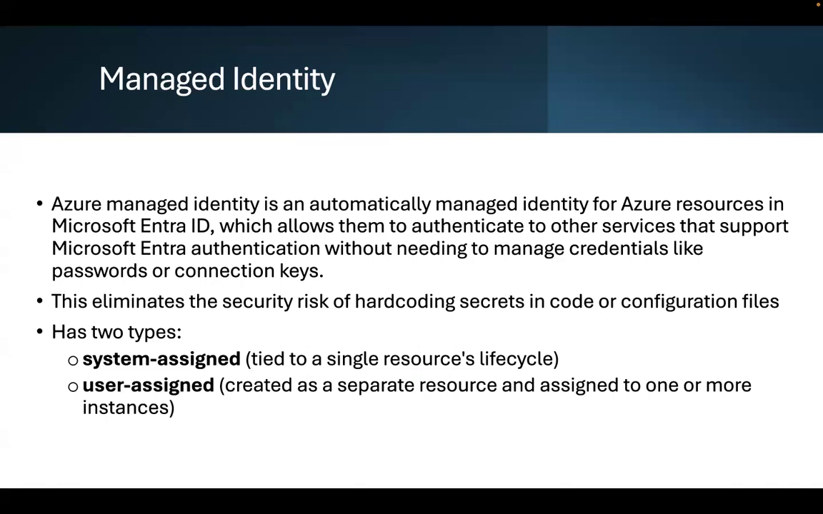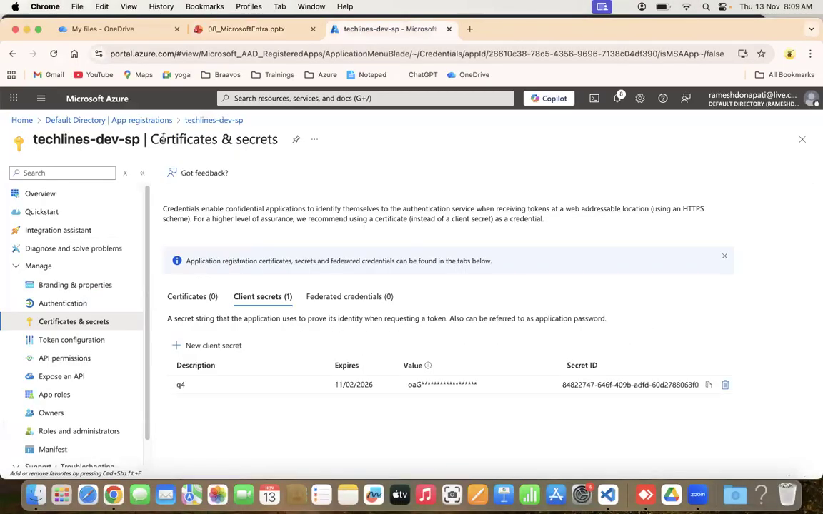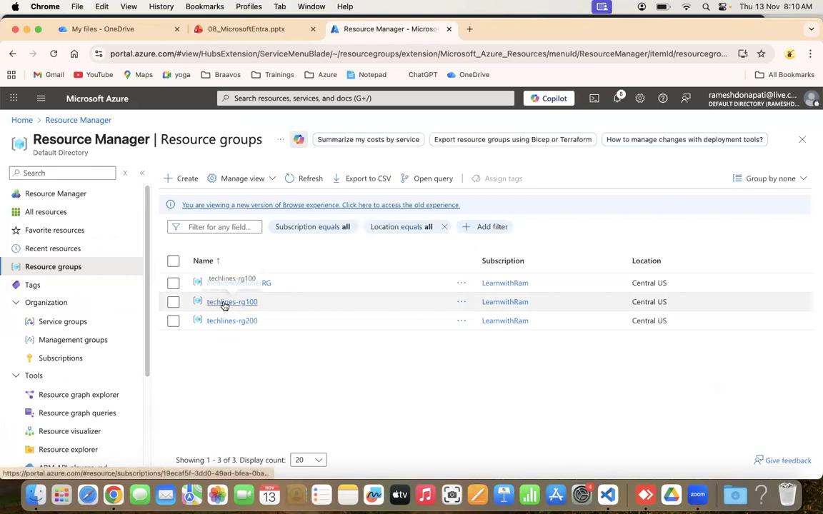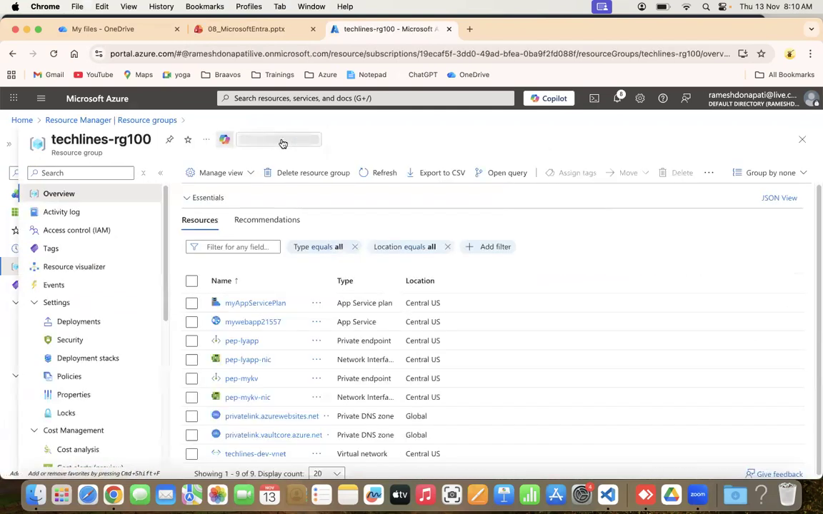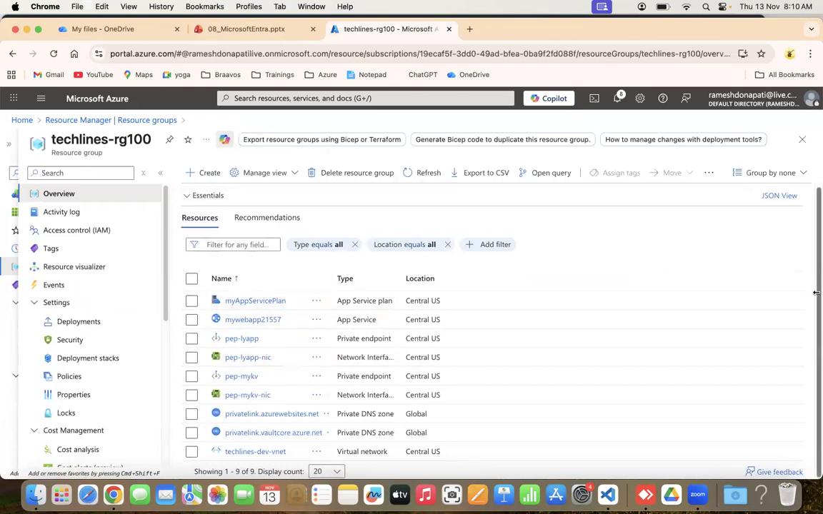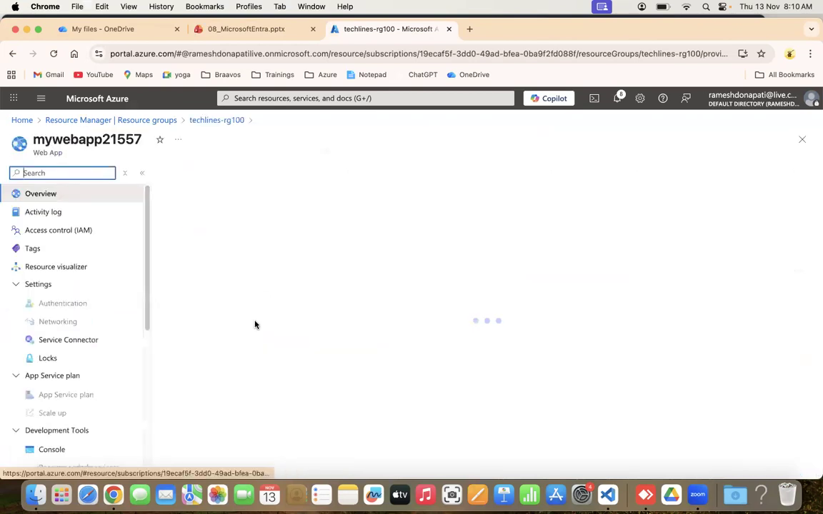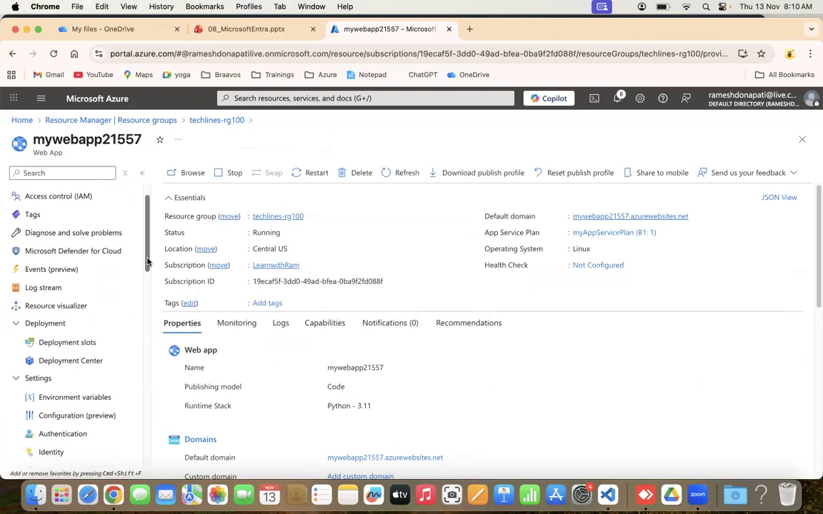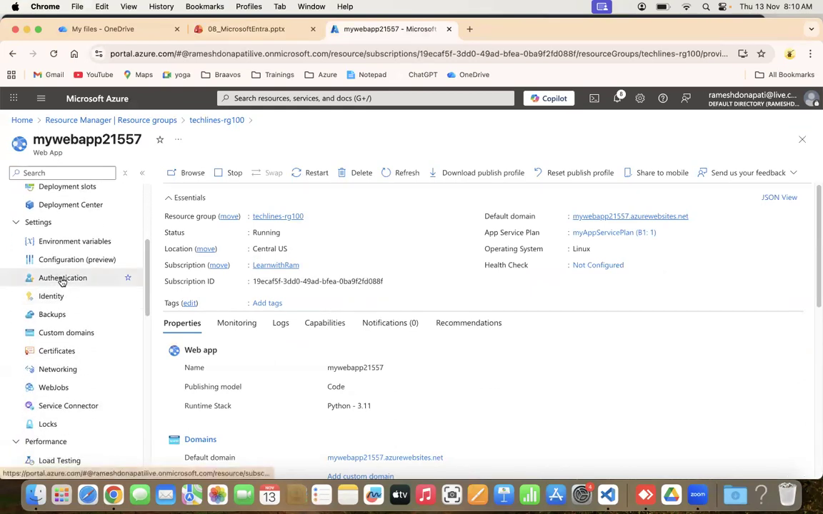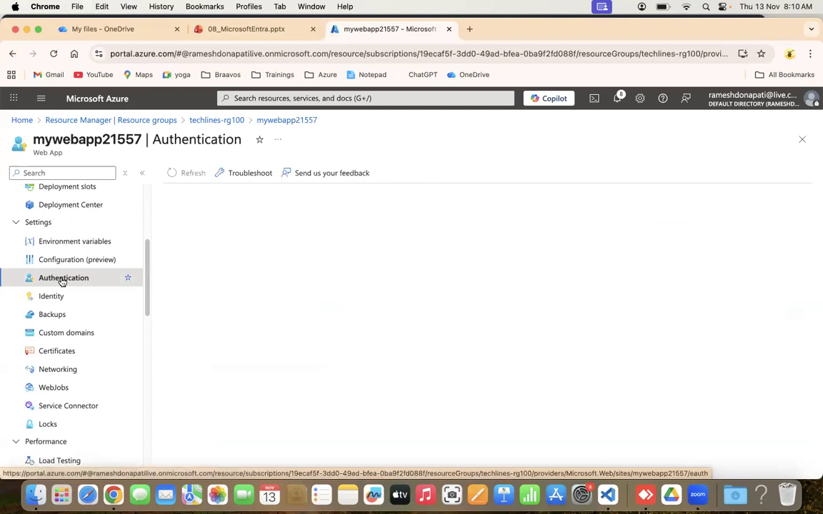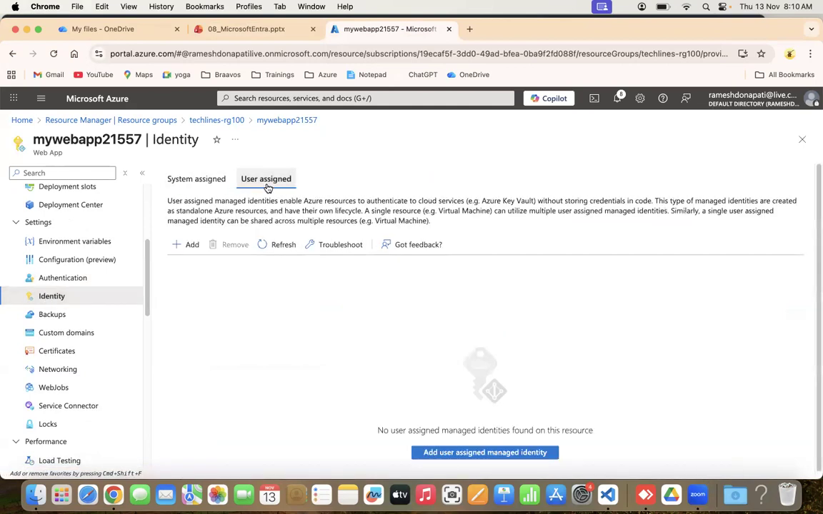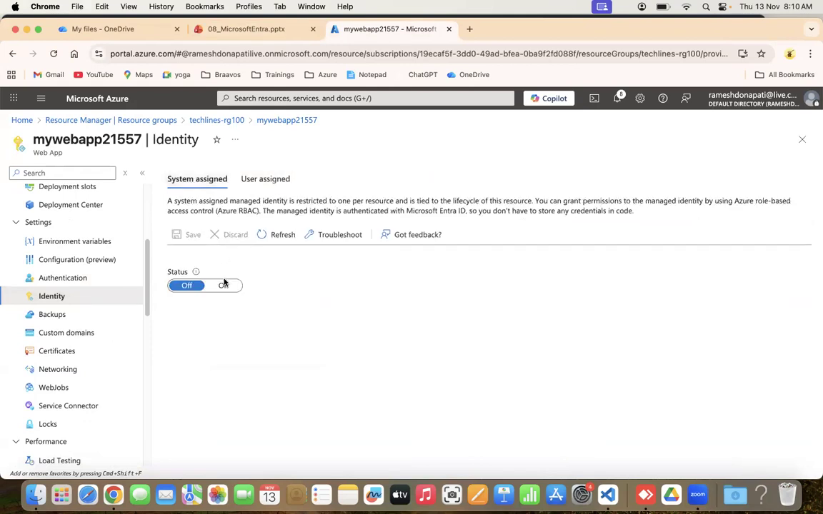So if you remember, I will show you this. Then it will be easy for understanding. I have created one app service in one of the resource groups. This is a resource group, and this one is my app service. Yeah, we deployed two machines. Yeah, I remember. So this app service is there, and I will go to authentication or identity. In one place, it will be there. Now I'll go to identity. Here you see this option: system assigned, user assigned. I will click on it,